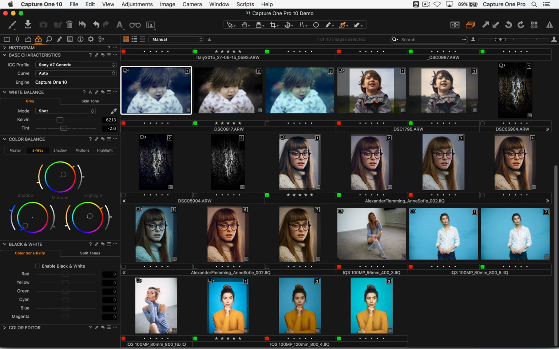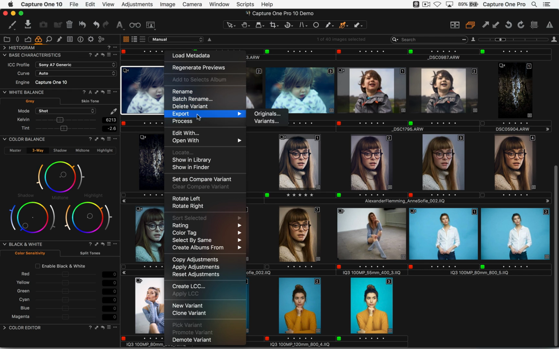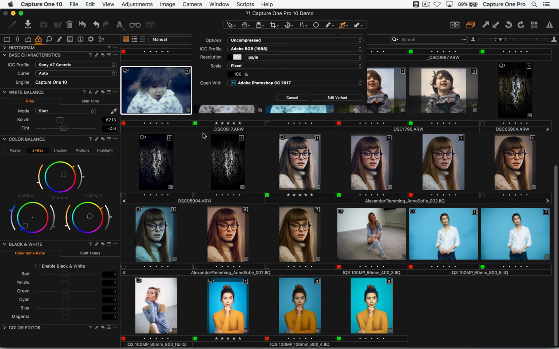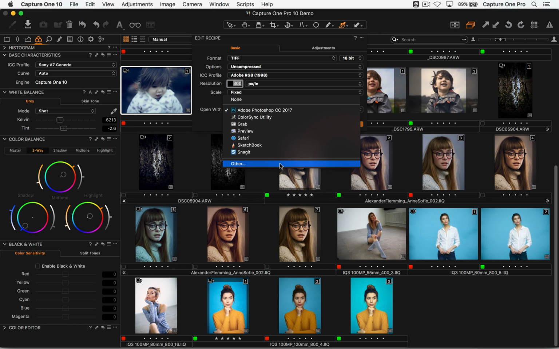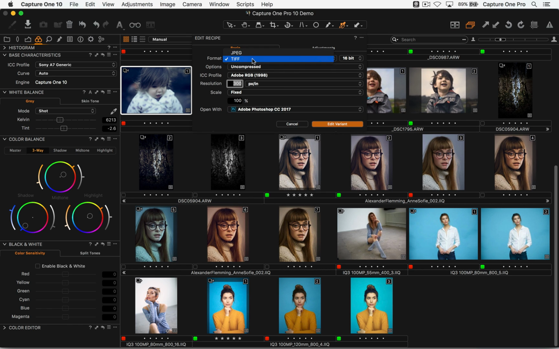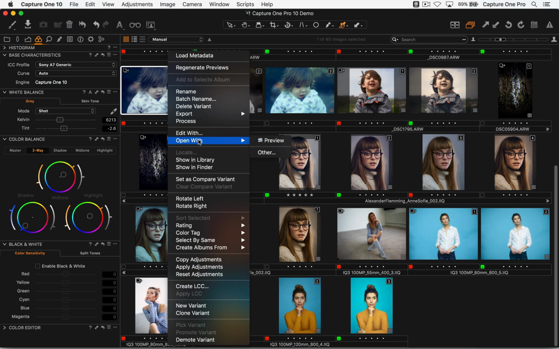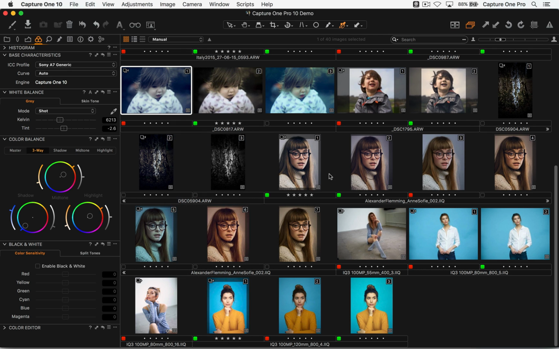Mark says, could we send images direct to other apps like Portrait Professional? Yes, but it's only going to be final TIFF or JPEG. So if you do edit with, so right click on any image and say edit with, you can choose your application here or say other, and then it will take a TIFF or JPEG to that app, which you can then adjust, but bearing in mind it's not a raw file, and then it will return it back to the Capture One catalog or session and put it alongside the raw file. And then once you've done that, you can then say open with, and then you can open your TIFF JPEG into your application of choice. But remember, it's not going to be raw. So if you're happy with that, that's fine.